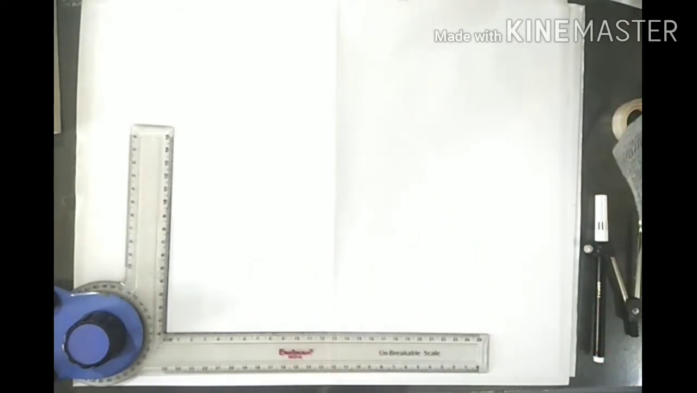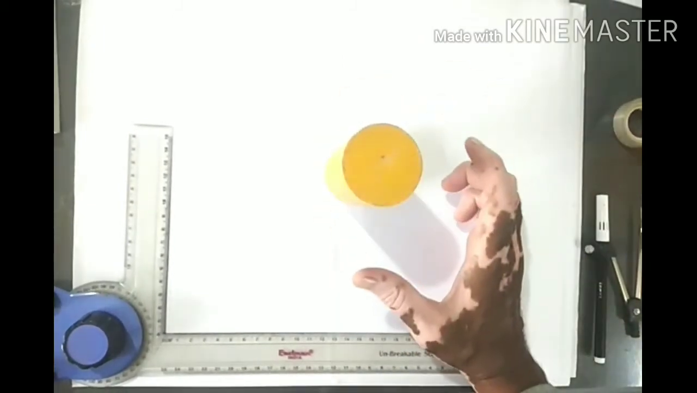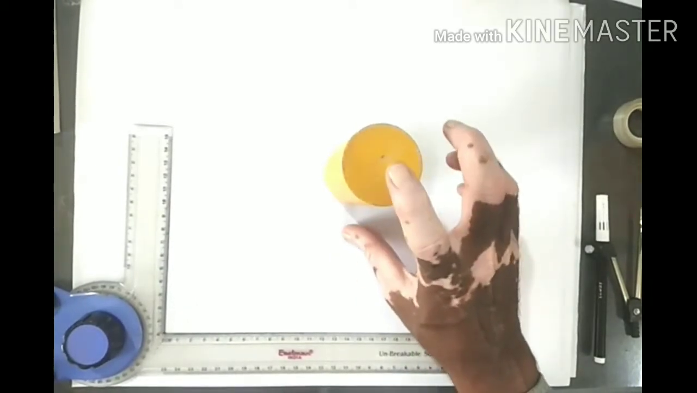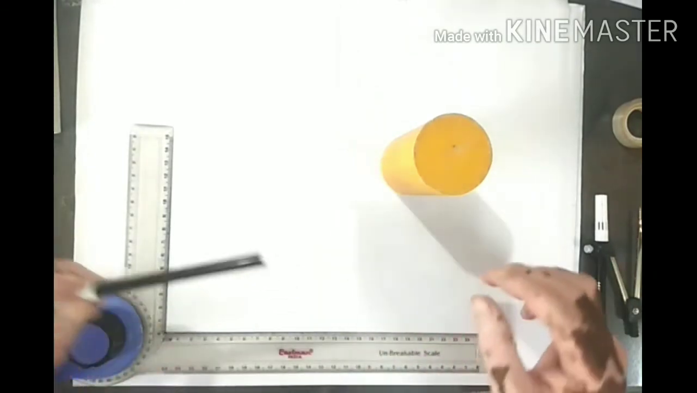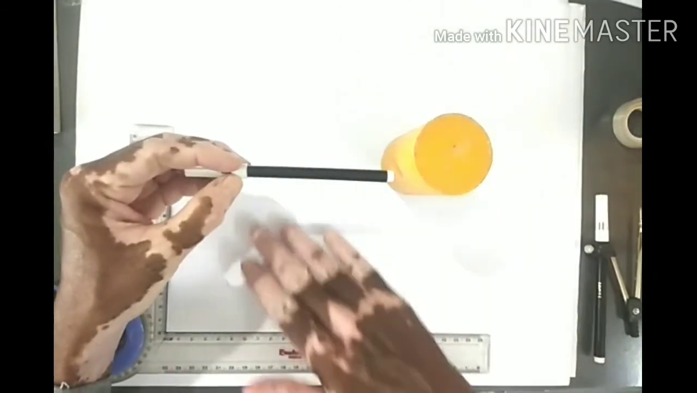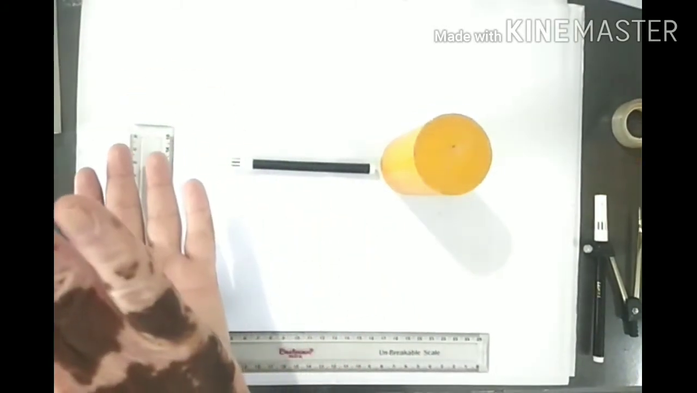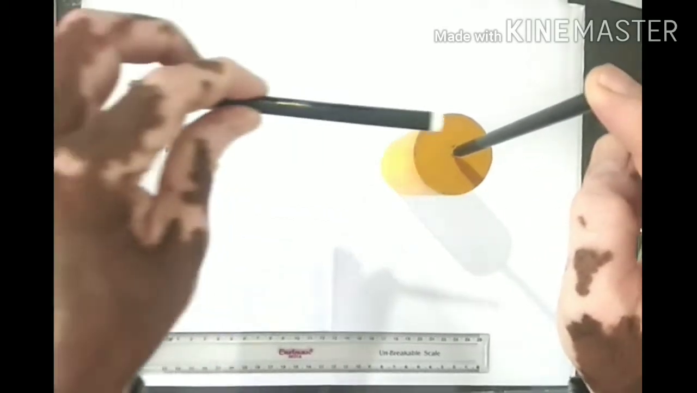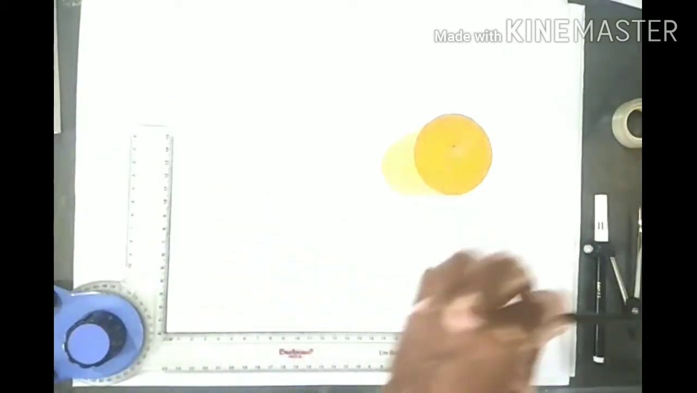So in this problem, there is a vertical cylinder, base diameter 70 mm and height 100 mm. And it is penetrated by a horizontal square prism, the axis of which is parallel to HP, and the faces of the horizontal prism are equally inclined to HP or VP, and the axis of the cylinder is bisected by the axis of the square prism. So first we will draw the